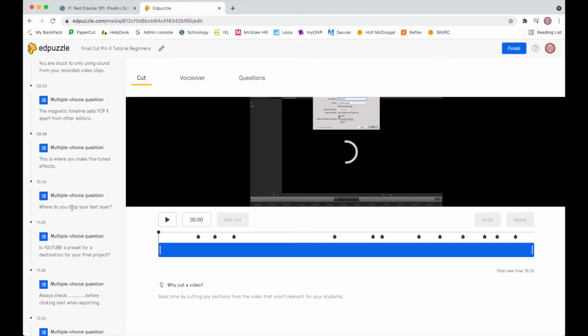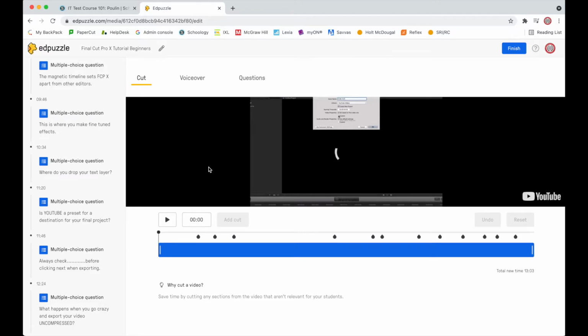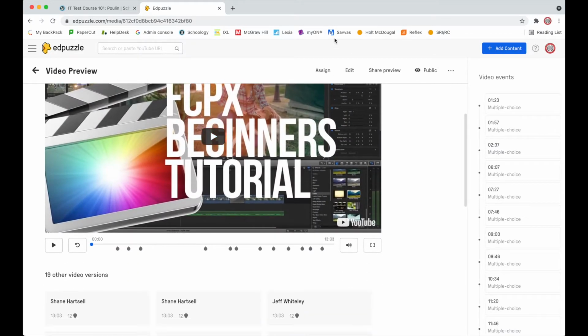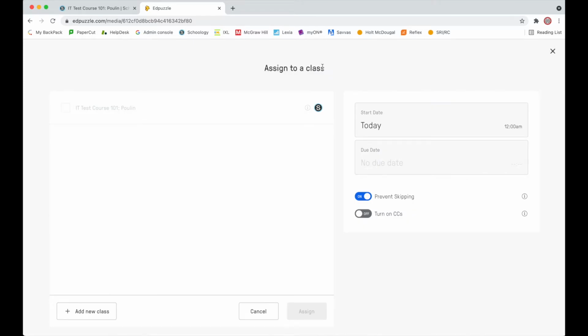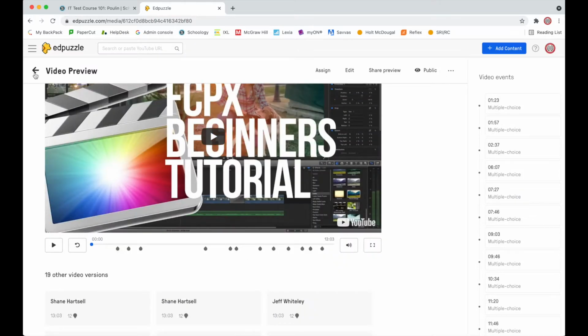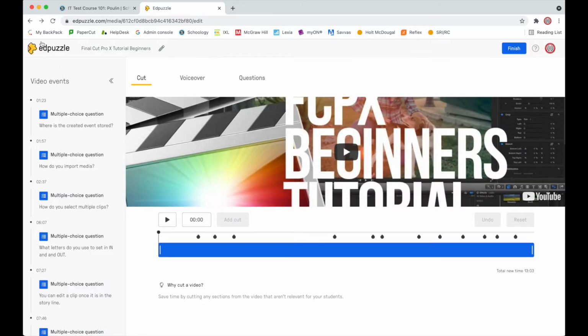If I want to just continue with what has been created here, I'm going to go ahead and click finish. So now I'm going to click the assign button, and I actually cannot attach it directly to Schoology here. So that's kind of the first hang up. You'll notice that while you're in the actual Edpuzzle website, you're not able to attach it. It's okay. So if I just go ahead and cancel out of this,